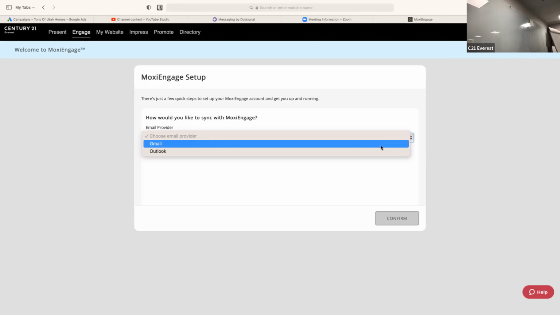So you have to be using your @C21Everest email address or a Gmail. If you don't have a Gmail, or you're not using the @C21Everest email address, you better go create a Gmail, because that's the only way you're going to be able to use the system. I've had some people say, well, I don't want to have a Gmail, I use a Yahoo or Hotmail or